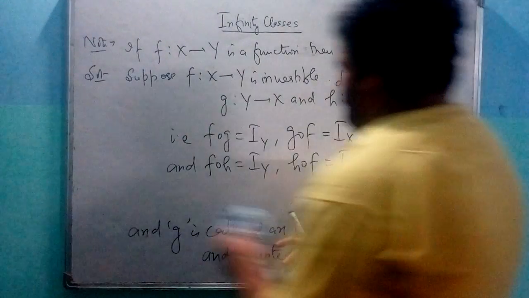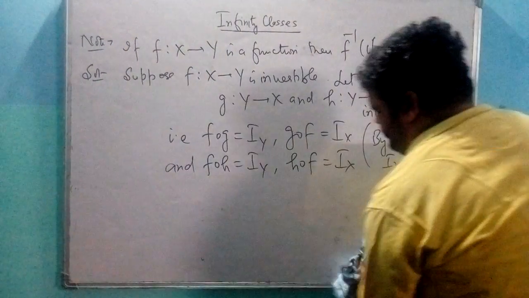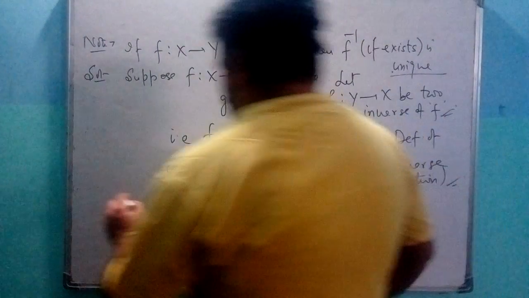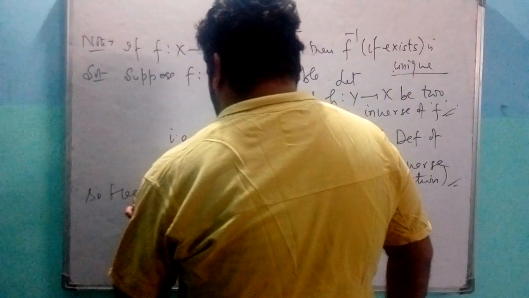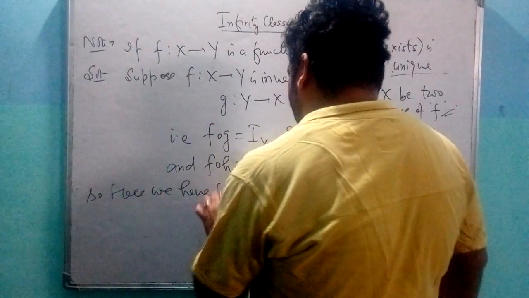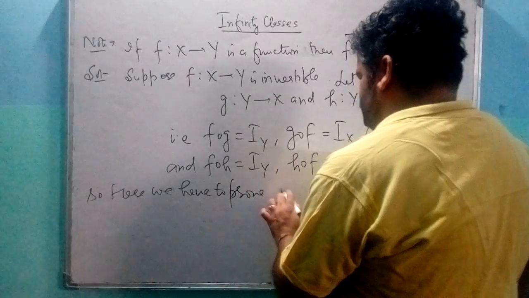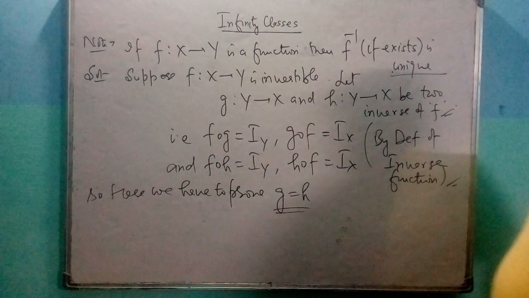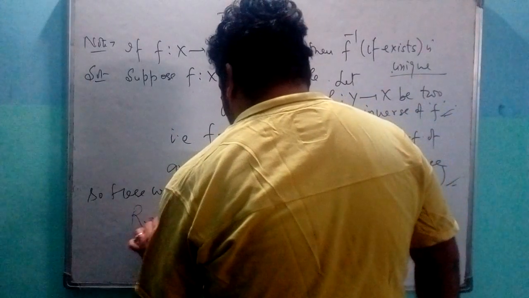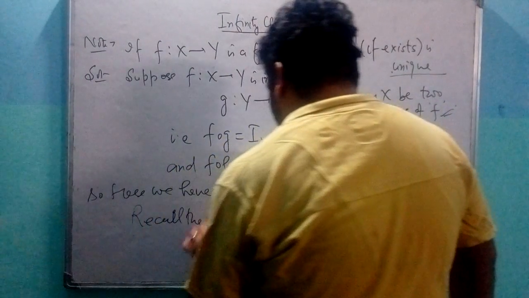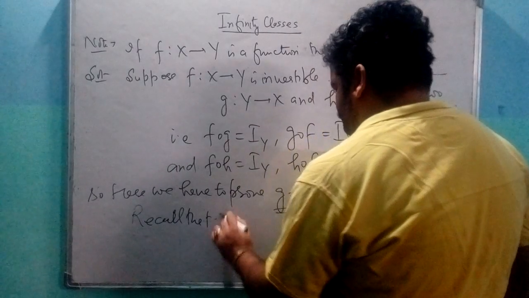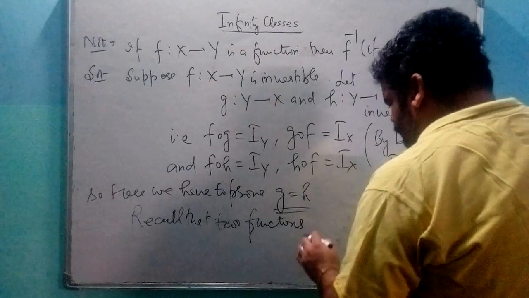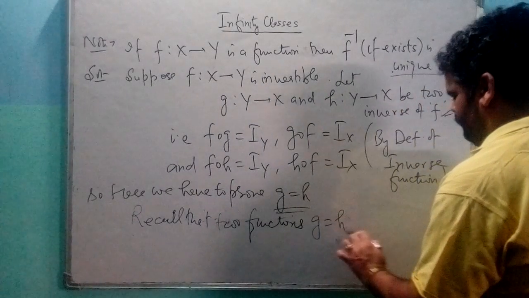To prove that if inverse exists then it is unique, we have to prove g and h are same. So here we have to prove g and h are same. Recall that two functions g and h are same